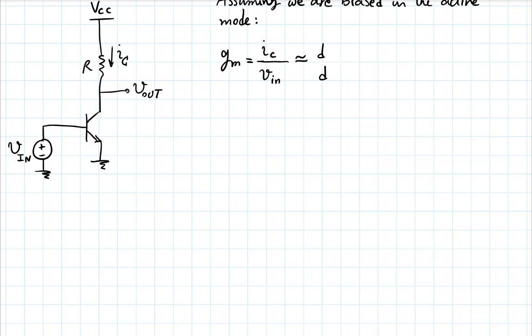Sorry, this is the differential of the full current. Let's write the full current. The full collector current is some saturation current e to the V base emitter, which is V in over